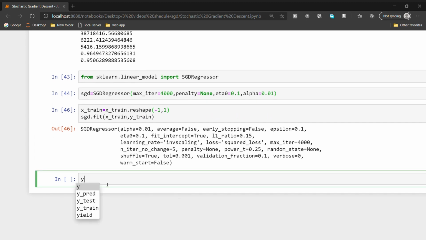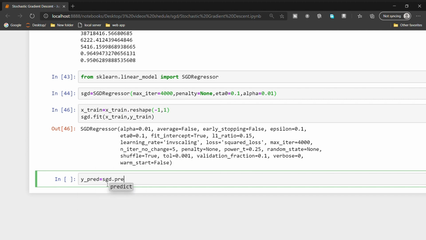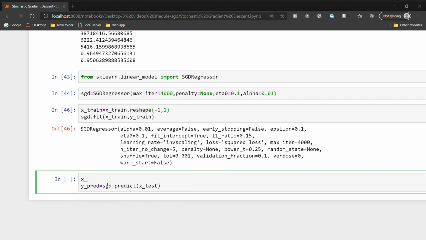Now let's try to predict our values. y predict equal to sgd.predict x test. Before passing x test we also need to reshape it. x test equal to x test.reshape(-1, 1).